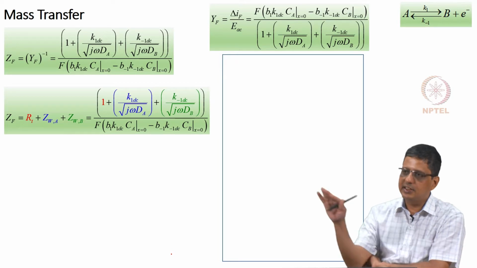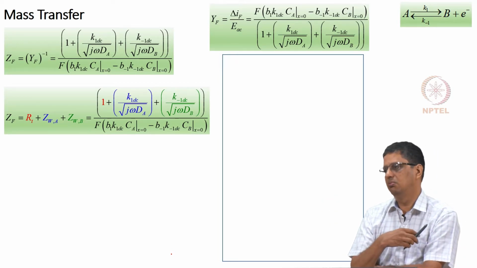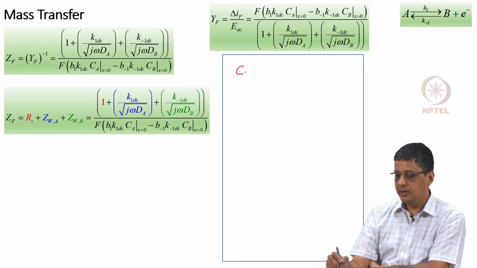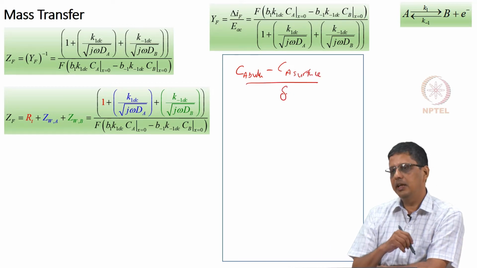Concentration gradient is never going to be non-zero, because you are going to write concentration gradient as a difference divided by delta, but delta is going to be infinity,